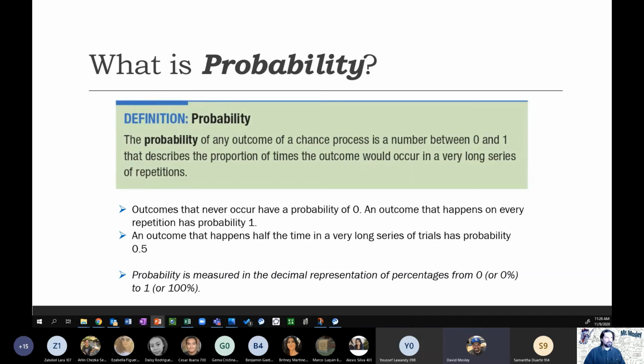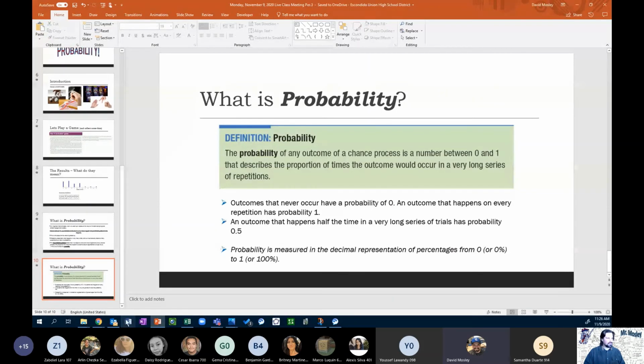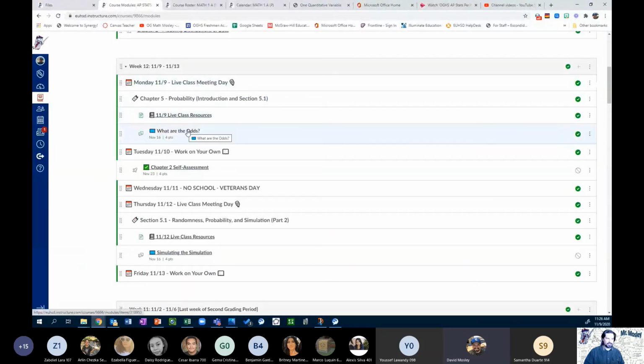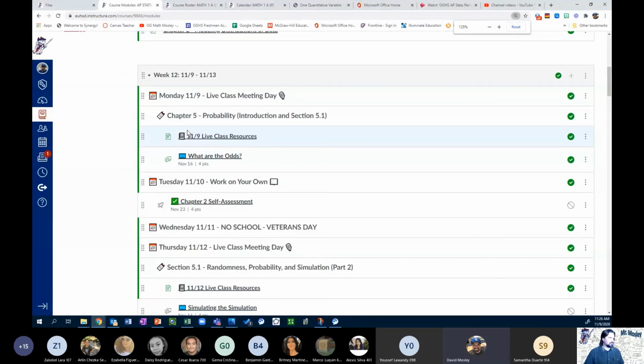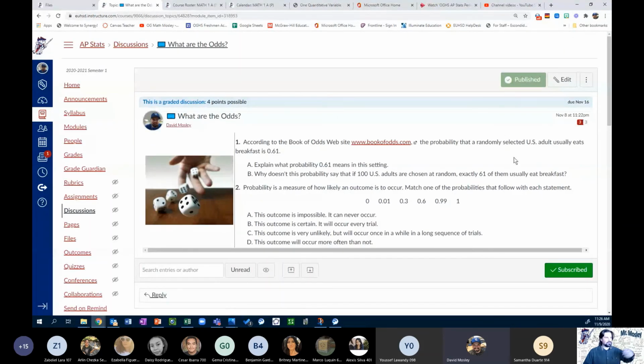Okay. So then, that's the end of the slides. So let us now look at the discussion board. All right. So our discussion board for today says, according to the Book of Odds website, the probability that a